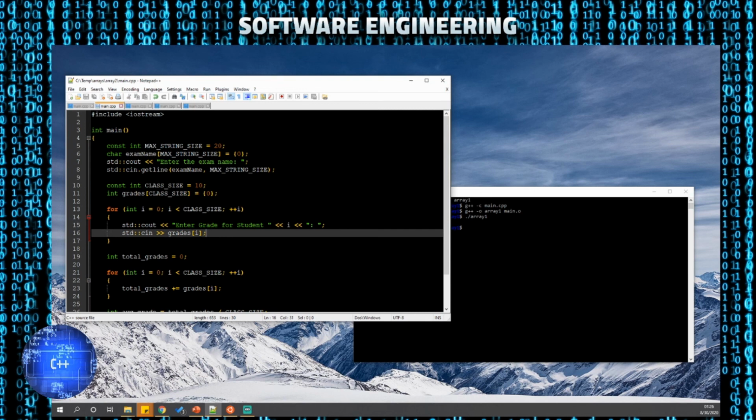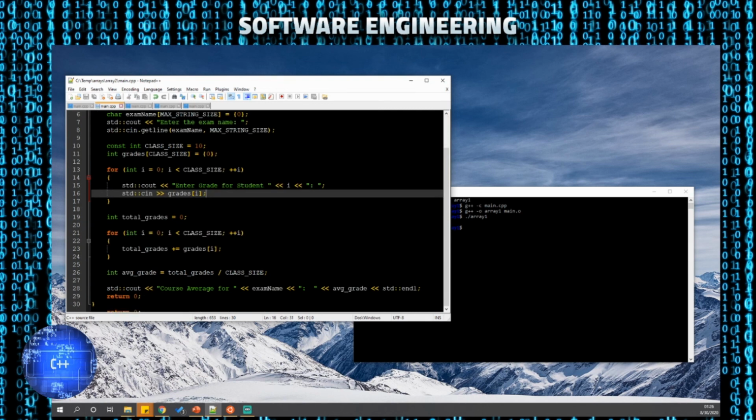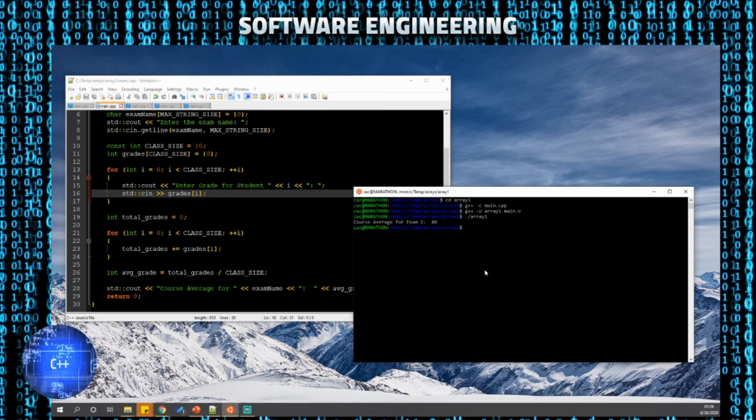And each iteration is going to prompt me to enter a student's grade. At the end of it, I'm going to then have another loop that goes through and totals up the grades. I could, in theory, do this in the same loop, but I'm separating them for demonstration purposes. And then I calculate the average grade, and we're going to get similar output. So let me go over to